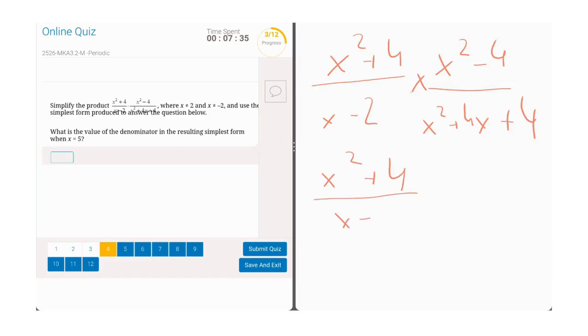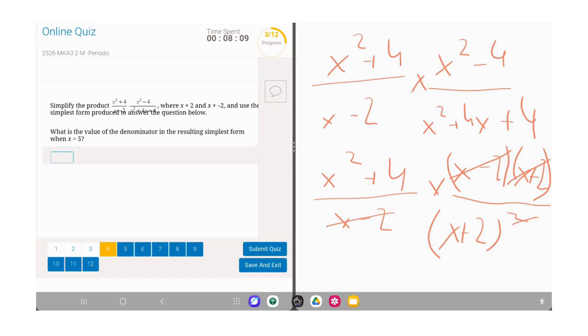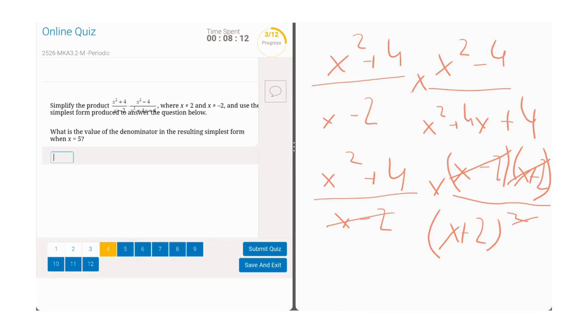So let me write the fraction. And then we have to do the box method, x, 2 and 2. Cross multiply, get 2x and 2x. Plus and plus, that means it will be x plus 2 squared for the denominator. So we can cancel out x minus 2 and x minus 2. And then we can cancel out x plus 2 with one of the x plus 2's from the denominator. So we're going to be left with x squared plus 4